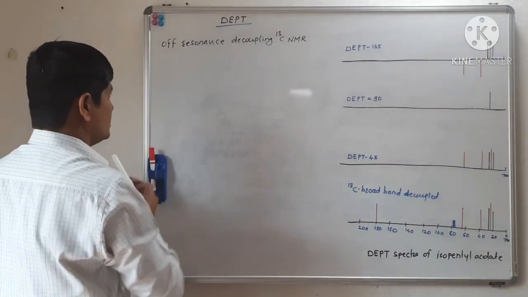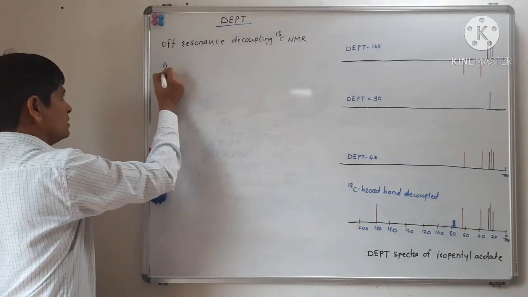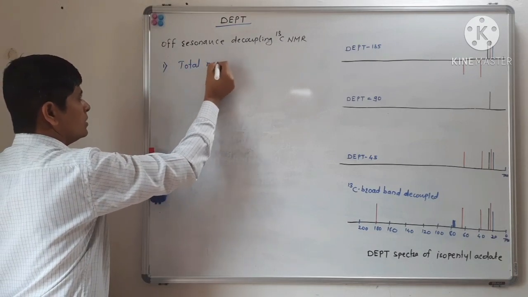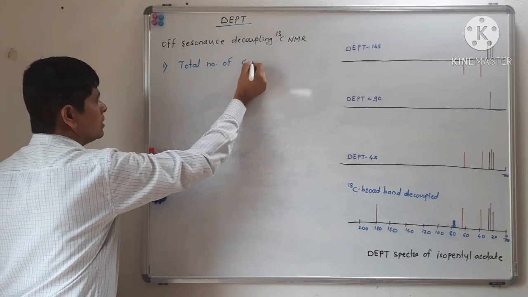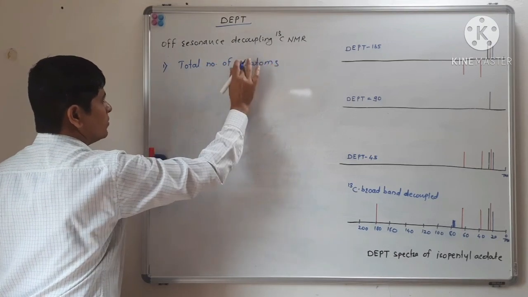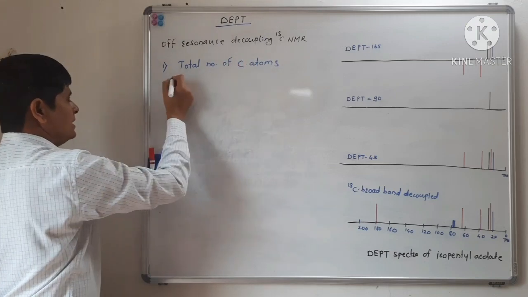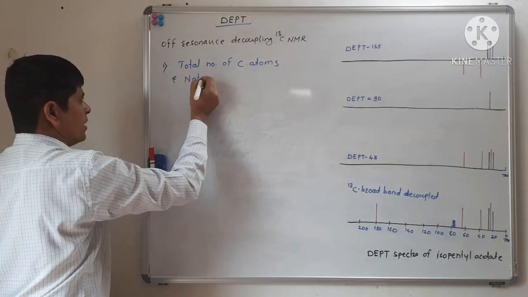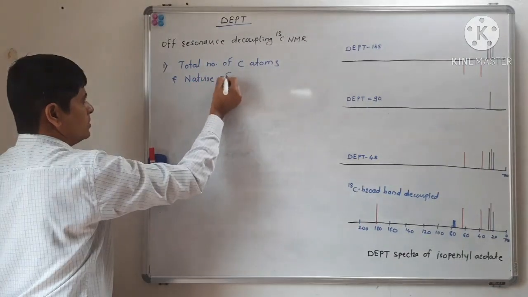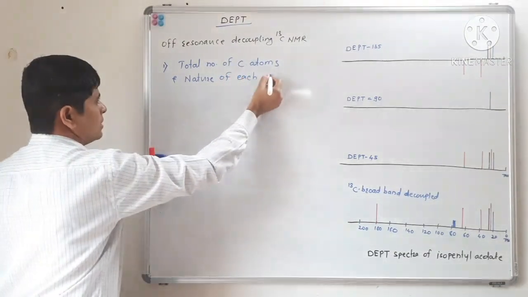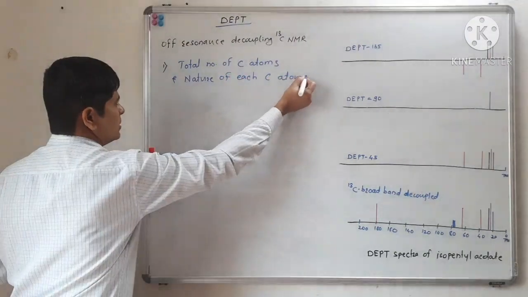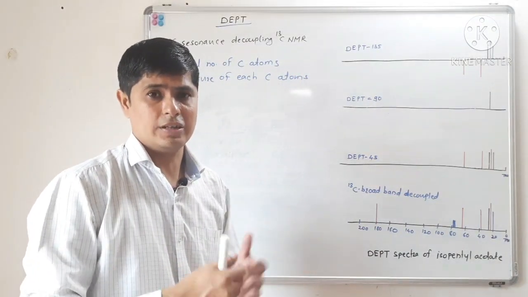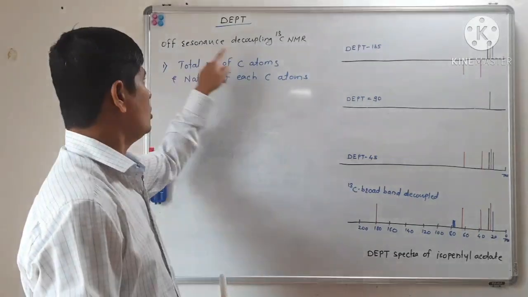So off resonance decoupling carbon 13 NMR gives an idea about the total number of carbon atoms, and second point, the nature or type of each carbon atom, that means whether that carbon atom is primary, secondary, tertiary or quaternary, that we can identify from off resonance decoupling